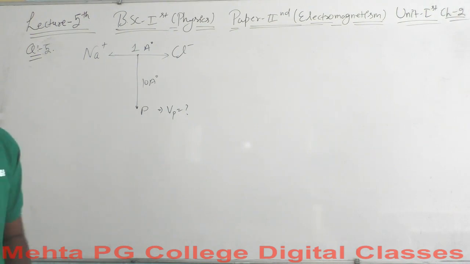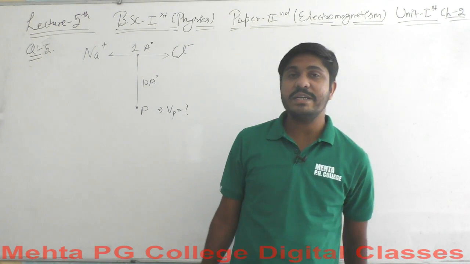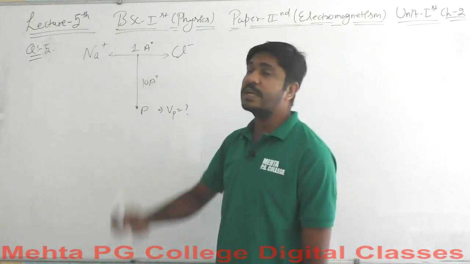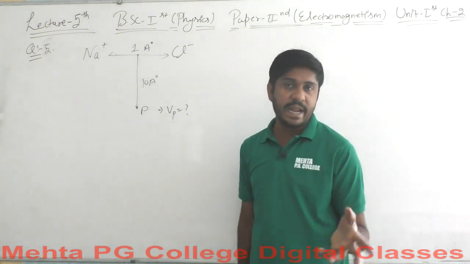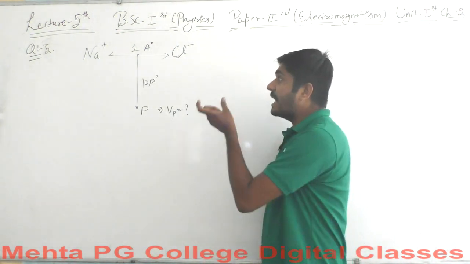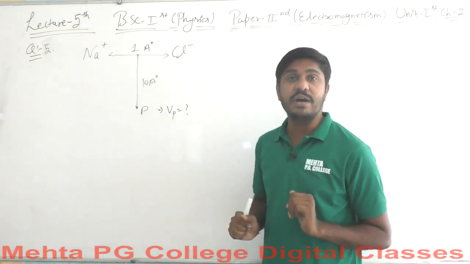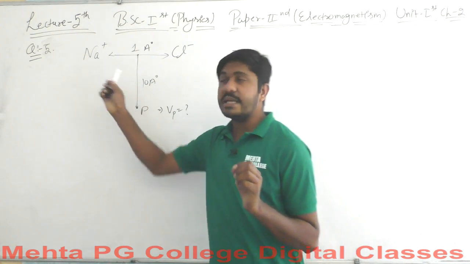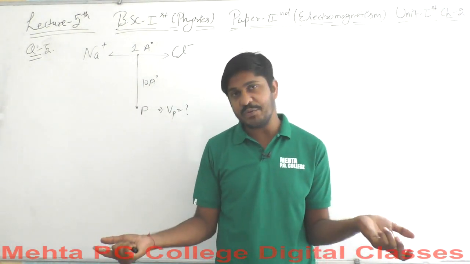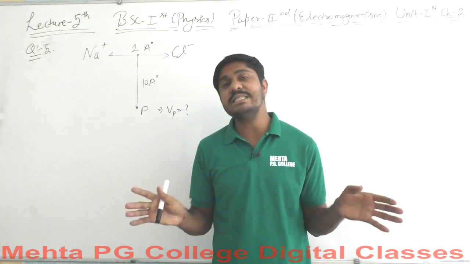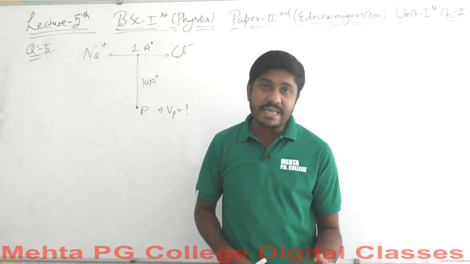Do you know what a dipole is? This is the sodium positive, so it is 1 positive. This is the chlorine negative, so this is 1 negative here. So this is a charge separation. All the charges are equal in magnitude but opposite in nature. The positive is opposite of the negative here, but both charges are equal in magnitude.